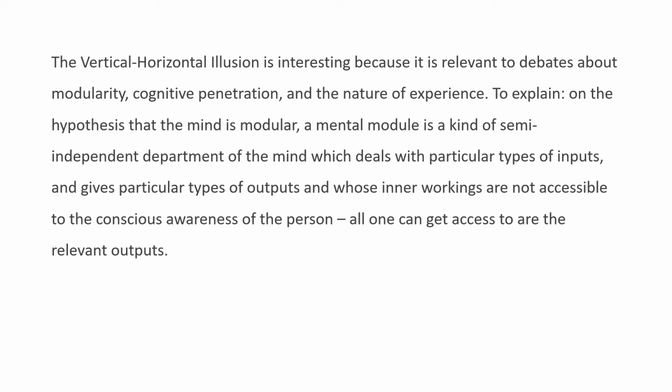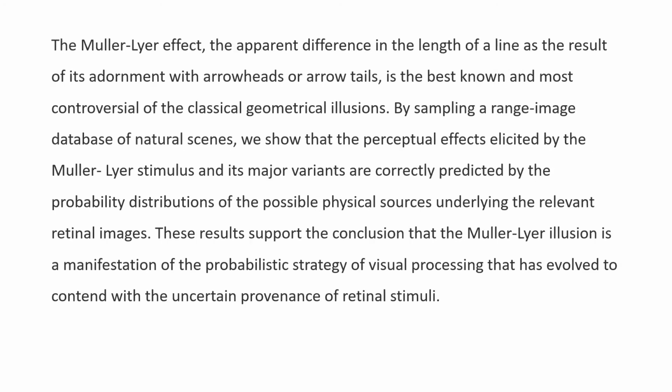All one can get access to are the relevant outputs. In the horizontal-vertical illusion, the vertical line is drawn from the midpoint of the horizontal line at a right angle. The vertical line appears to be longer than the horizontal line, though both lines are of equal length. One explanation is that the movement of the eyes along the vertical line is more strenuous than the movement along the horizontal line. The Müller-Lyer illusion affects the apparent difference in the length of the lines as a result,